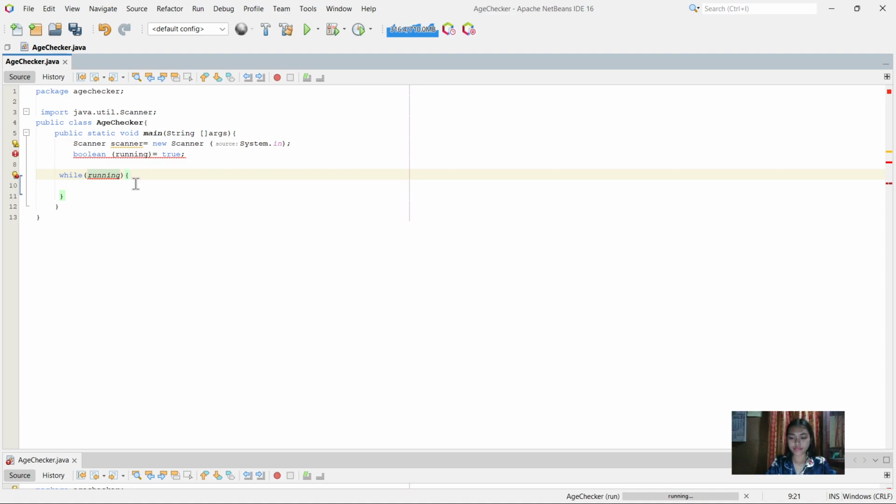Then it will also continue to ask the user to input. So after this, the program will ask the user to input.